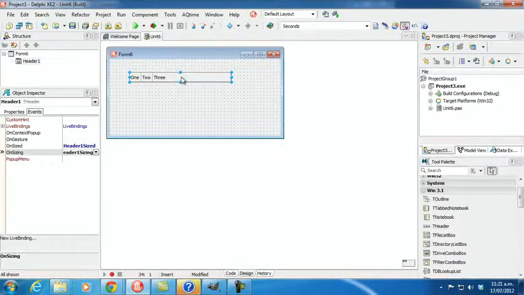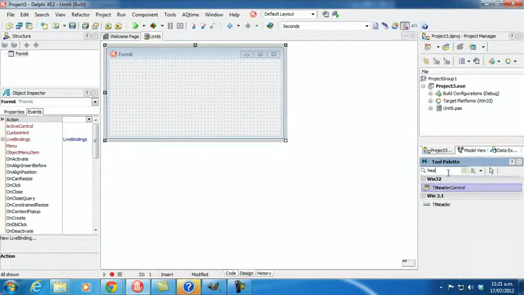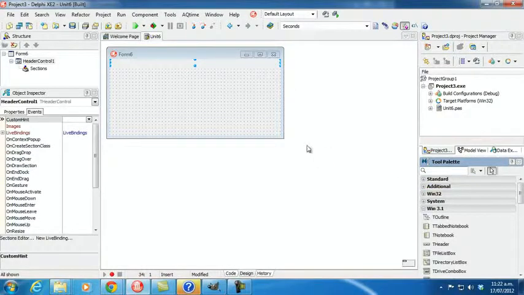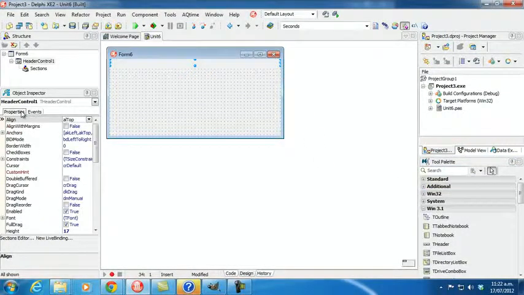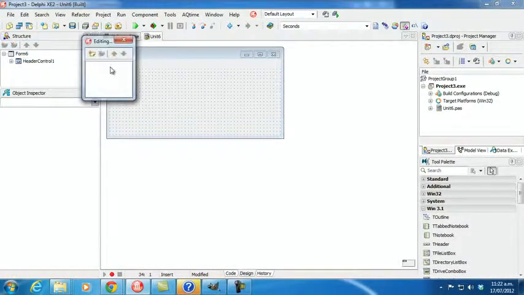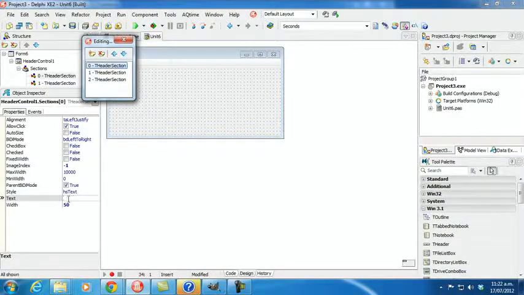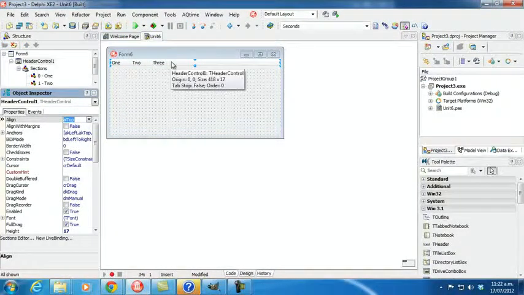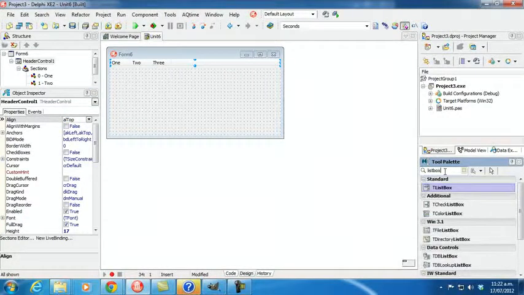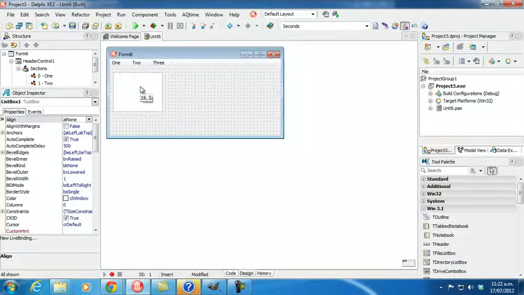But there is a better control. I'll get rid of that, and that's THeaderControl, which by default gets aligned to top, and in that we can create a number of sections. So create 3 sections and rather creatively call them 1, 2 and 3, and also add some list boxes. Also 1, 2 and 3, and just to make sure we can